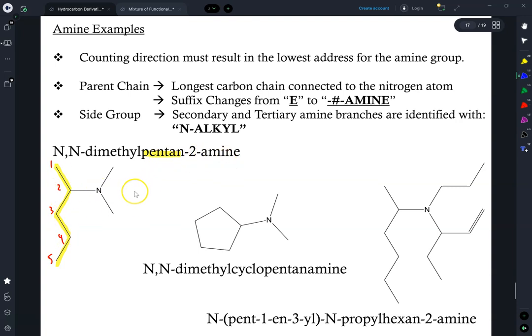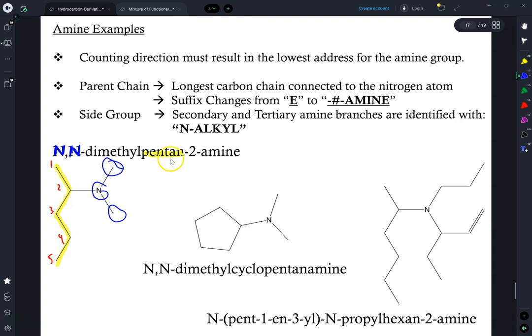Where things get difficult is if there are branches coming out from the nitrogen group, the amine. Remember that numbers are reserved for carbon atoms only. So how do we tell the reader that the methyl branches over here are coming out from the nitrogen and not from the carbons? Well, we use N as the address numbers instead of actual numbers. Alright, so just treat these N's as if they are just regular numbers, but instead of having these 2 methyl branches popping out from a carbon atom, they are popping out from the nitrogen atom instead. So we have N,N-dimethyl